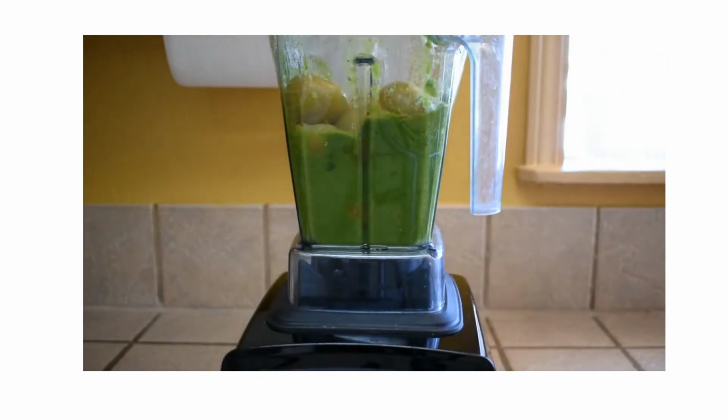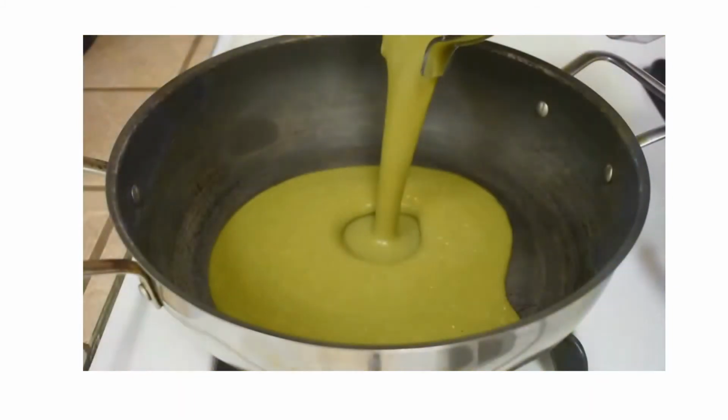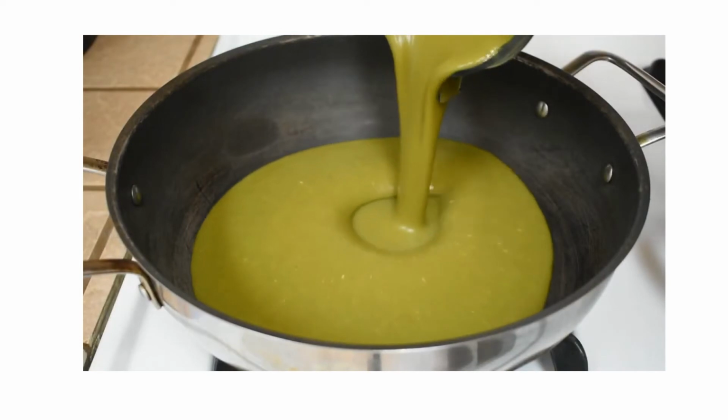And yeah, lastly, I'm pulsing in those last tomatillos, and it should look like this. Give it a little taste in case it needs more salt or if you want to add something else to it. Okay, so now that the enchilada sauce is all done and ready, I'm going to be pouring it into